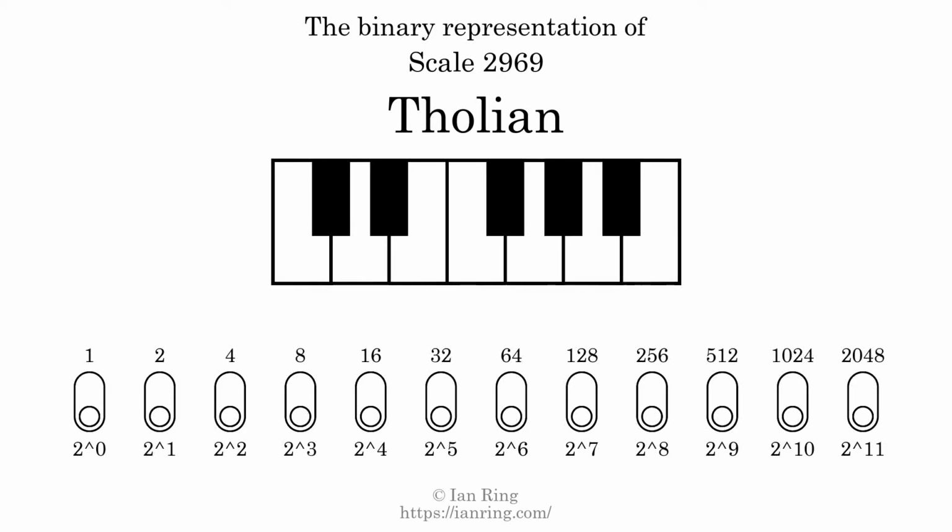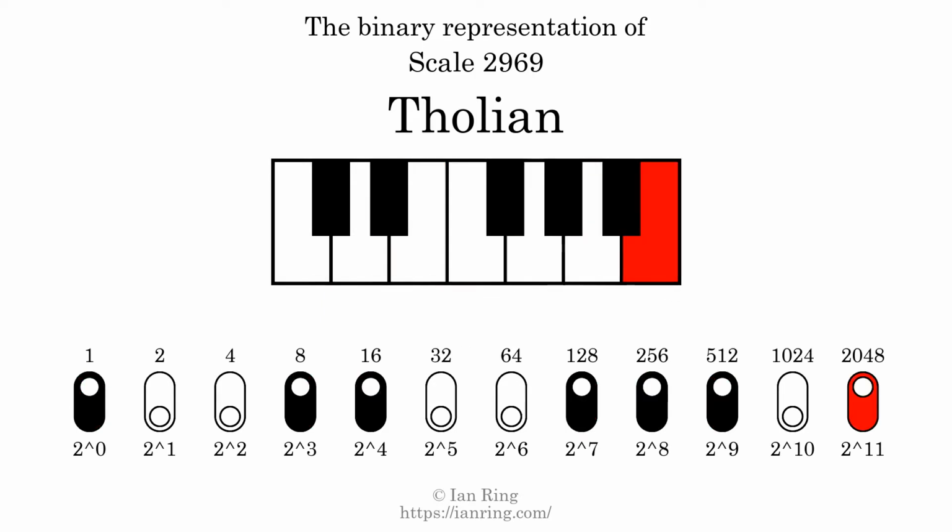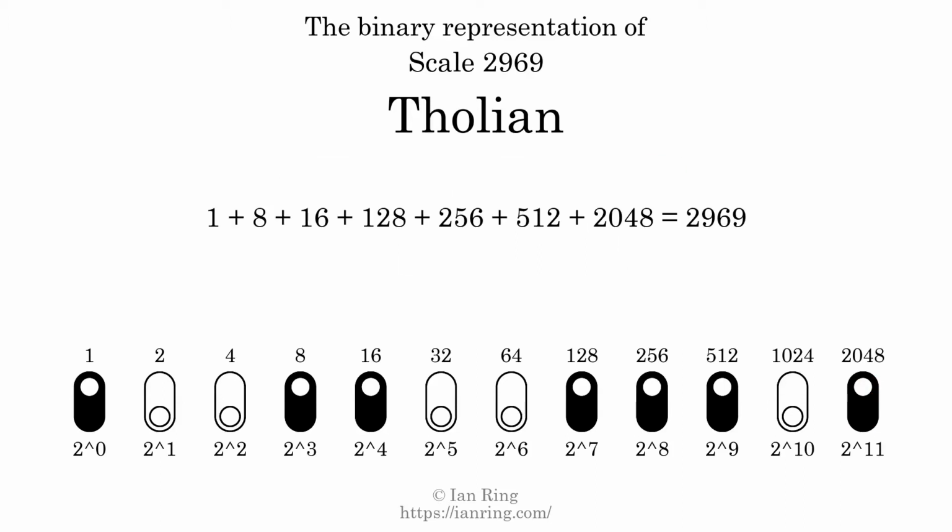The binary representation of this scale is determined by mapping tones of the scale to binary digits. Each binary digit represents a power of 2. To get the scale number, we add the powers of 2 together. The powers of 2 that are present in the scale, all added together, equals 2969. That is why the scale number, in decimal, is